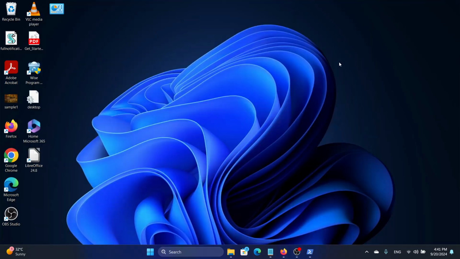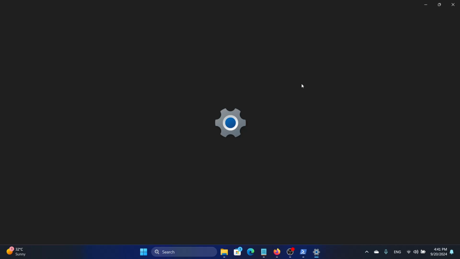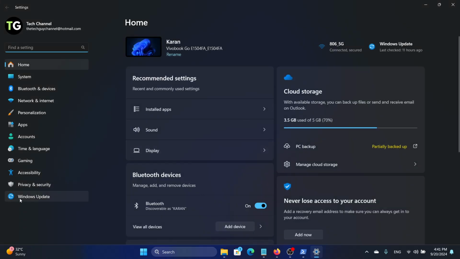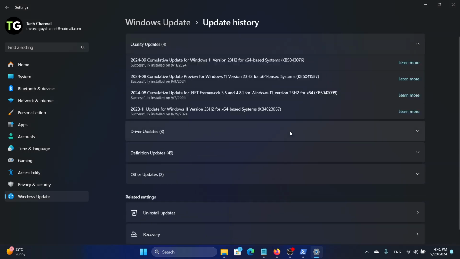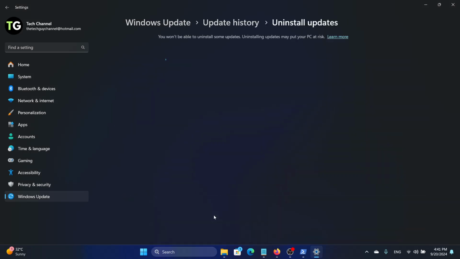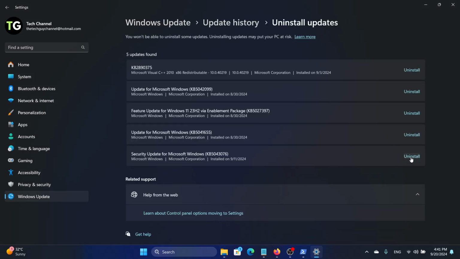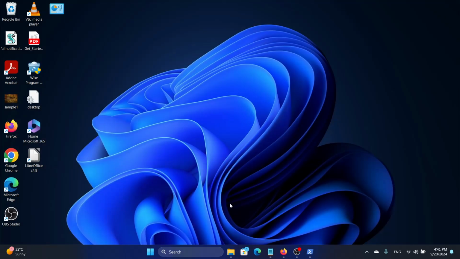Now once we do that, we need to uninstall the security update. So most of these errors of taskbar not showing is because of the corrupted Windows security update. So click the Windows and the I key together and you'll look for Windows Update, Update history, and then click on Uninstall updates. And here look for the security update, click on uninstall, uninstall again, and then we'll run an